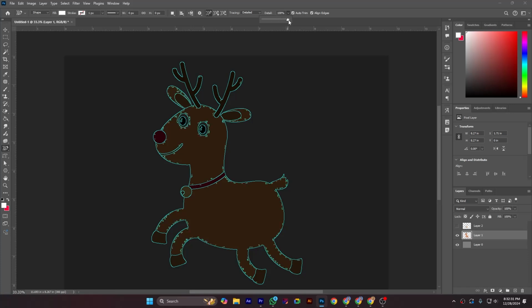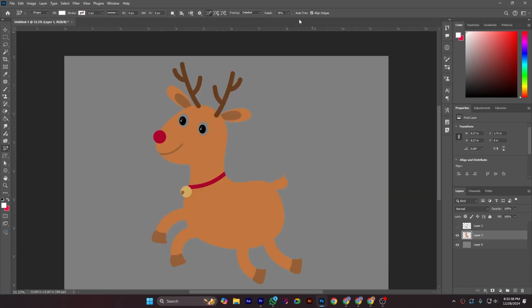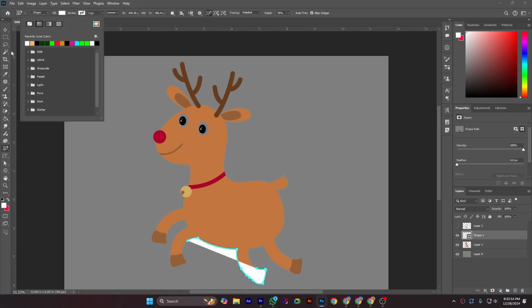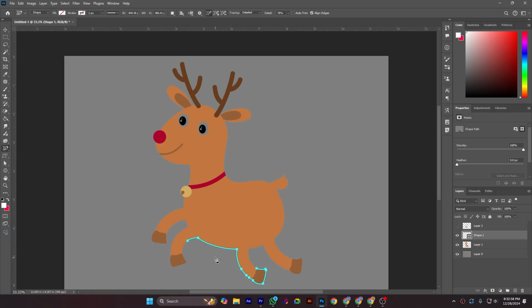I am making it almost 78, and I am in create paths from detected edges. When the asterisk appears, I click here, and it will select the path using the edges